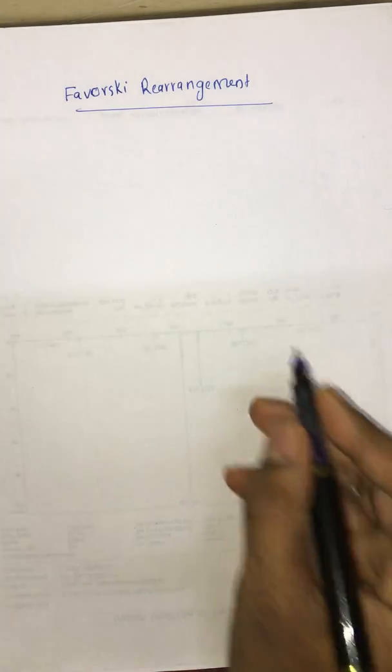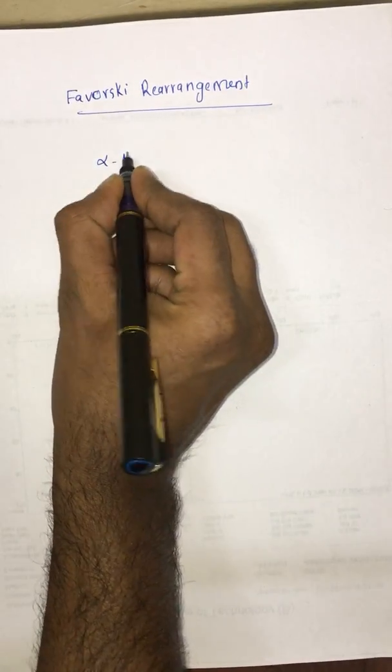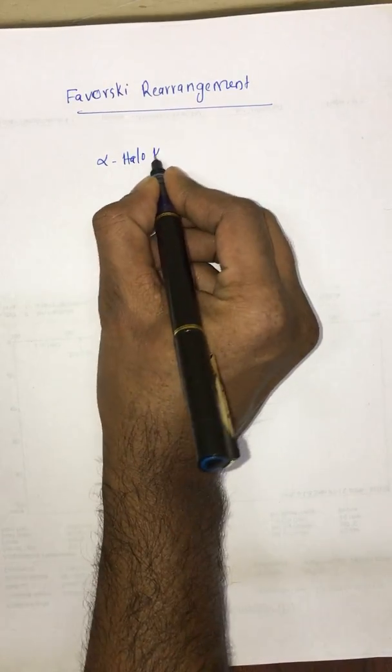So today we are going to talk about the Favorskii rearrangement. This is one of the important rearrangement reactions, molecular rearrangements. Frequently questions will be asked from this Favorskii rearrangement. So in the Favorskii rearrangement, we have alpha halo ketones